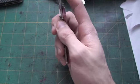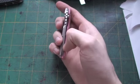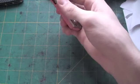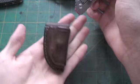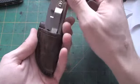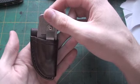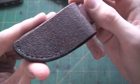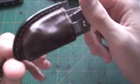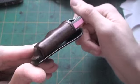And I really didn't enjoy clipping it to my pocket all that much. So in order to thank Sue, and so she could have something of her own, I made her a small sheath to fit her Strider PT. So Sue, you can look forward to that in the mail when I send this back to you. So just a close up on the sheath real quick. Dark brown with some black nylon stitching. Very simple,